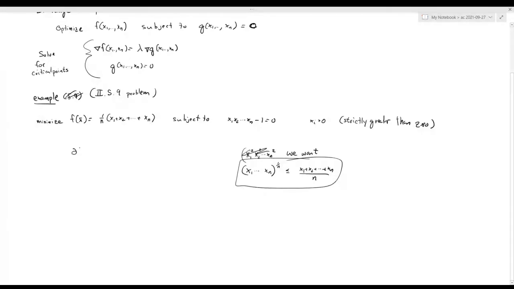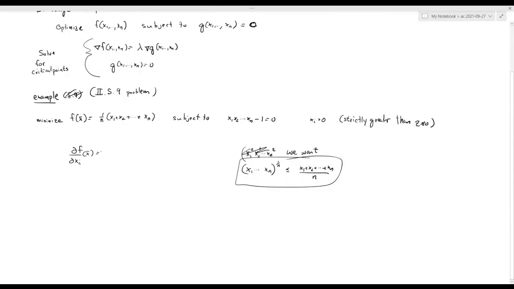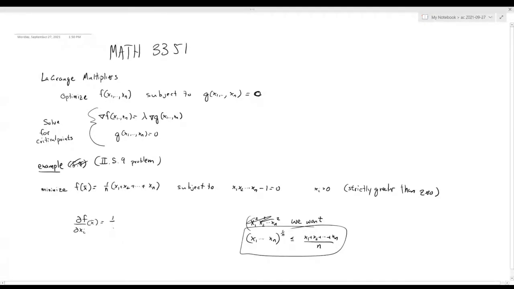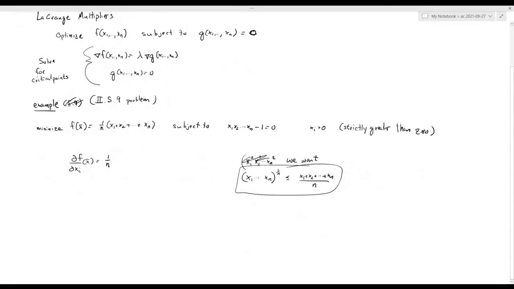If we look at the derivative of f with respect to one of the coordinates, say xi, what will that be? You can do x1 if you're not sure. Differentiating f with respect to x1 is 1 divided by n, and the rest are constant. So that would be 1 divided by n. So you see that the gradient,